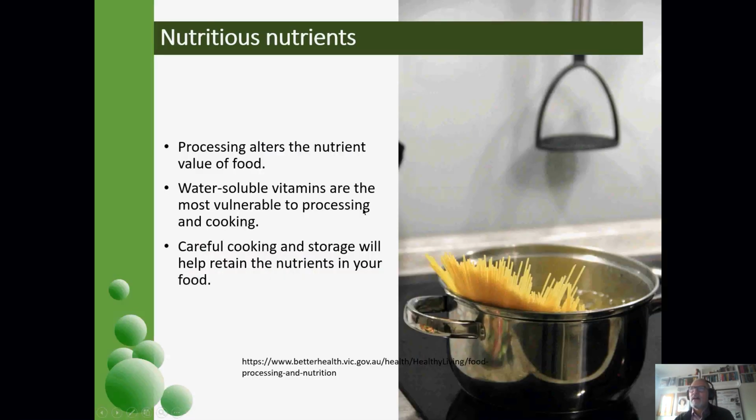Okay, so of course, processing in any form, whether it's industrial or whether you do it in your house, is something which is going to alter the nutrient value of the food. So in particular, the nutrient value of the vitamins is something which is particularly